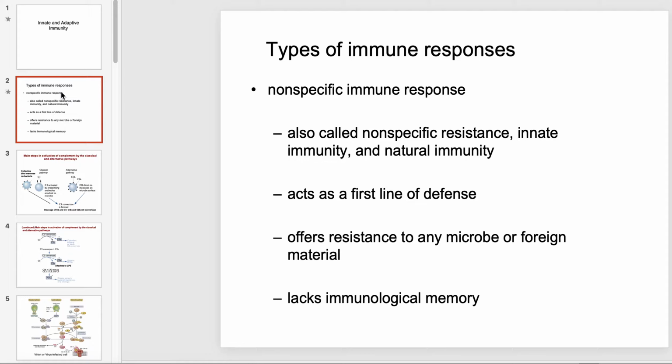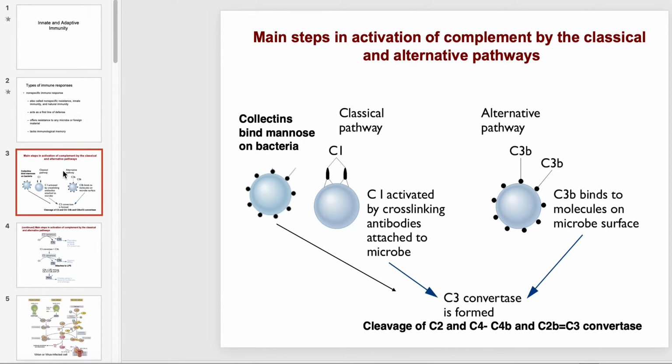So there's no specific defense that's happening to a specific pathogen. It's just your body reacting to something that doesn't belong. The main steps in activation of the complement cascade, which is a major component of the innate immunity, are highlighted here. And so over here on the left, you see this